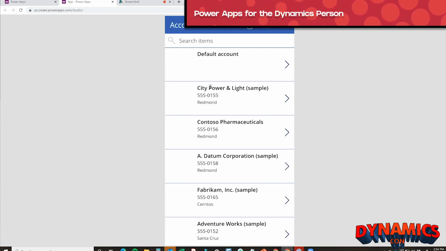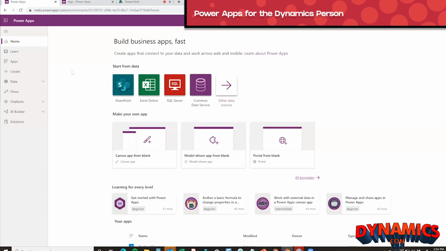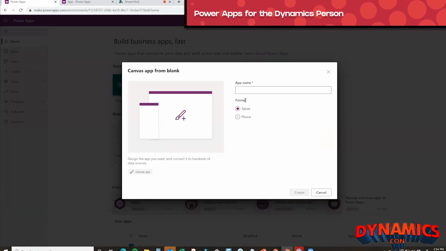If you're using this on a large monitor like I have, you're going to want to make it more data dense, and you're going to want to use some of the capabilities you have inside of model-driven when you're building out your Canvas app. So I'm just going to go ahead and create a Canvas app from blank. We're going to go with a tablet format because I want to fill out the whole screen. We'll call it test app to get started.